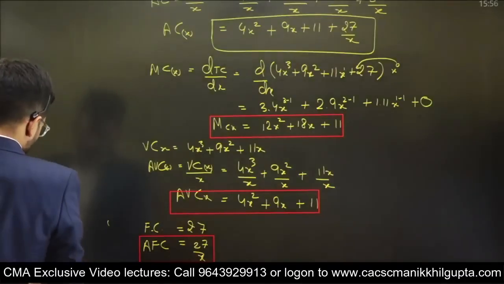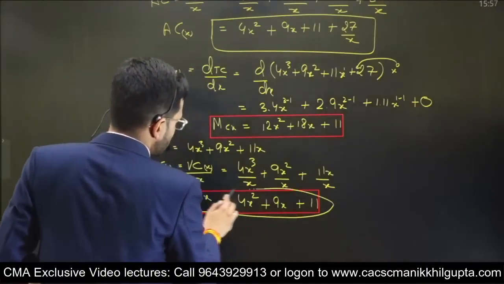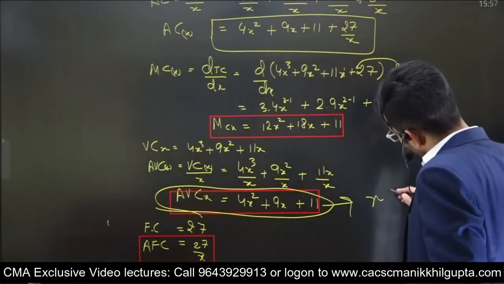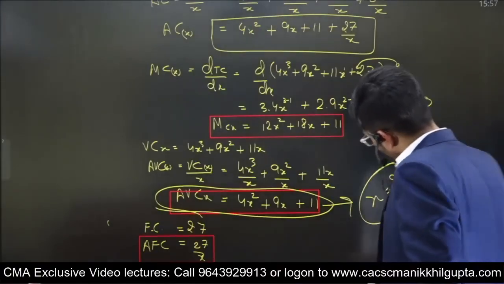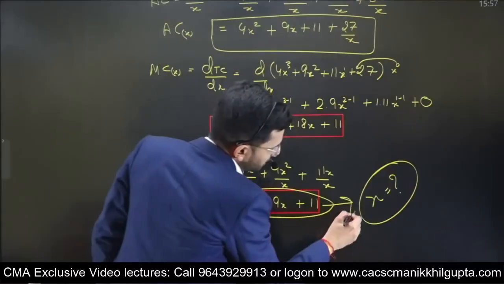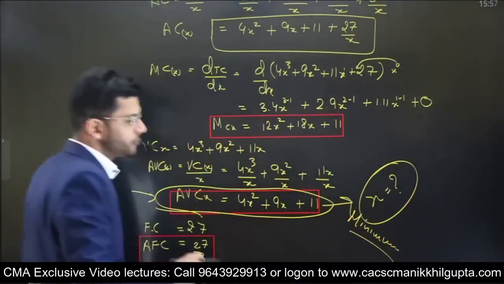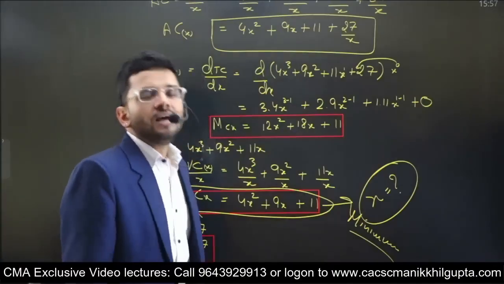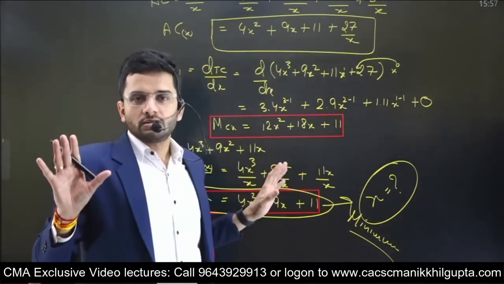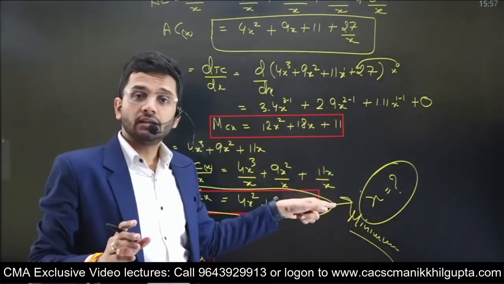So this is a cost function, guys. This is the average variable cost. If I were to ask you to compute at what quantity of x this average variable cost will be minimum, because I want to minimize the variable cost, I don't want to produce more, I don't want to produce less. I exactly want to produce the quantity that will minimize my average variable cost. That is the ask. What will that x be?